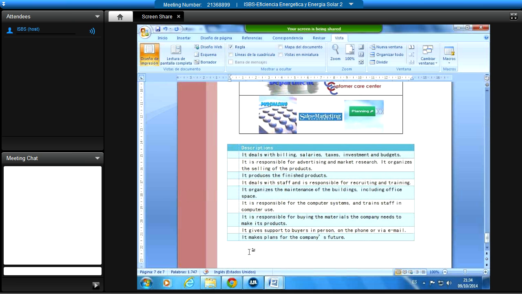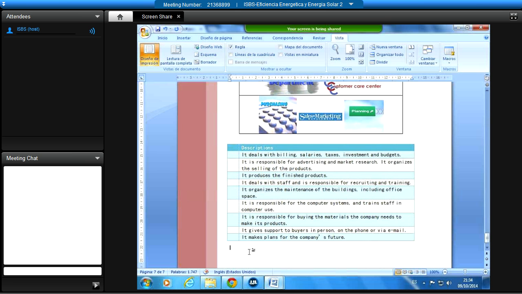Instalaciones. For example, imagine that you work in a company and you have a visitor and you say, well, let me show you our facilities. Our facilities, the building, the garden, everything. Or in a hotel, you say the hotel facilities. So you can show your customer the pool, the sauna, the tennis courts, the bar, the disco.